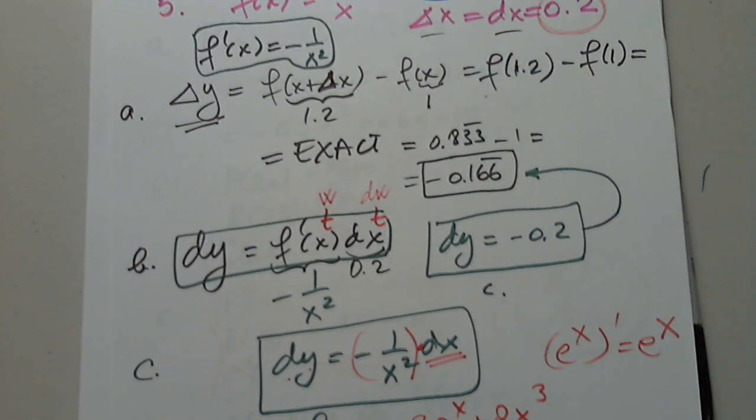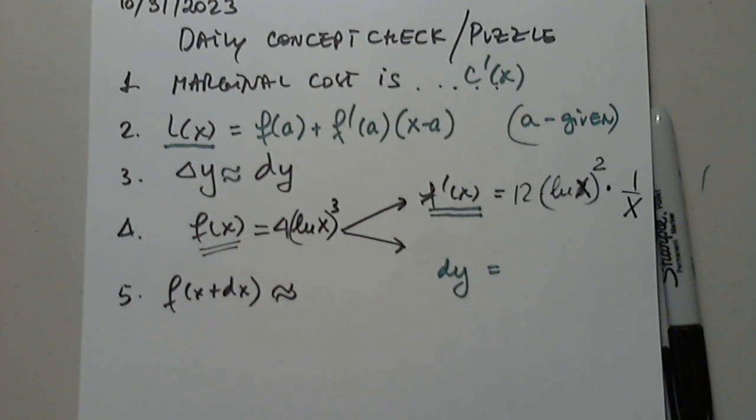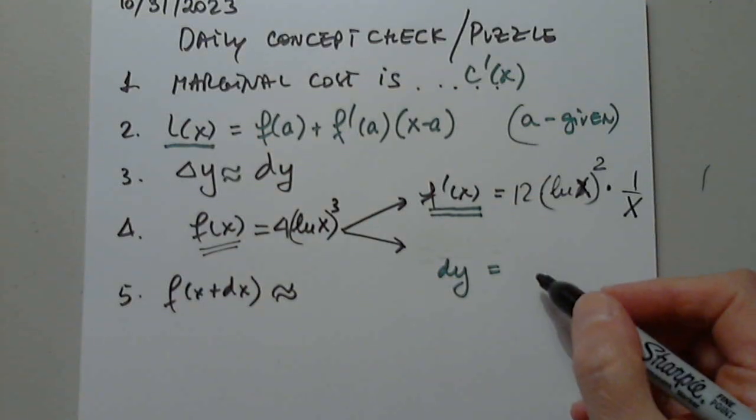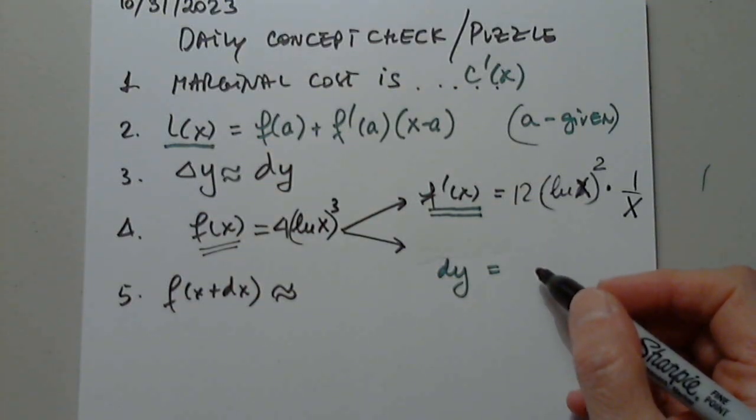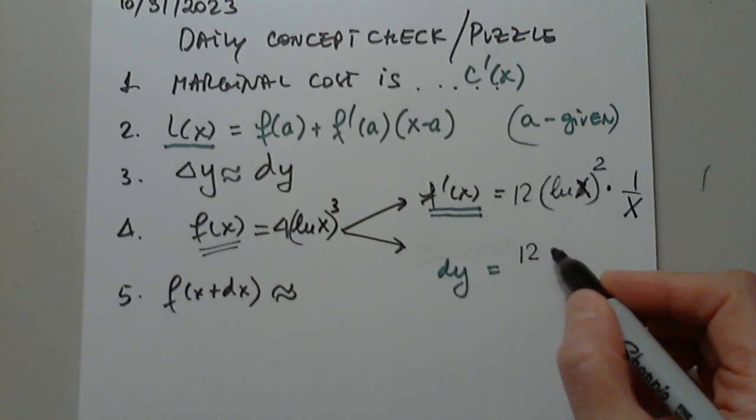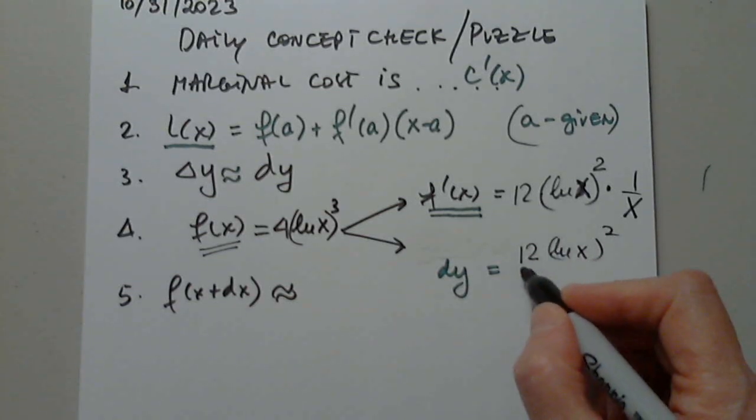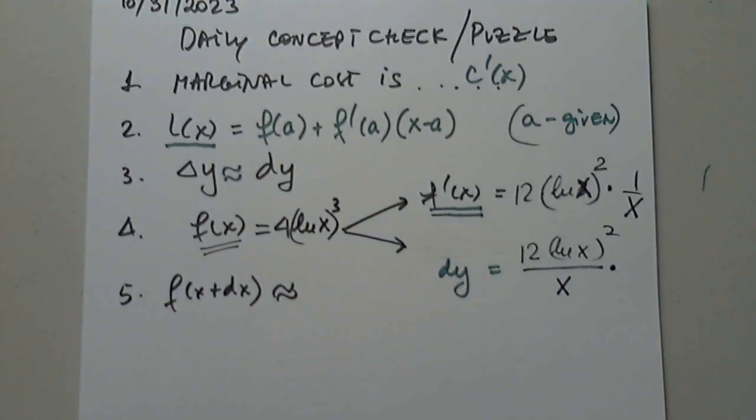That's why I'm always begging my students to redo the notes. The derivative is this. The differential is this. So they will never be the same. The derivative is one thing, the differential is something else. So how do I write the differential for this function? Anyone, please? It's 12 natural log x to the second power divided by x times